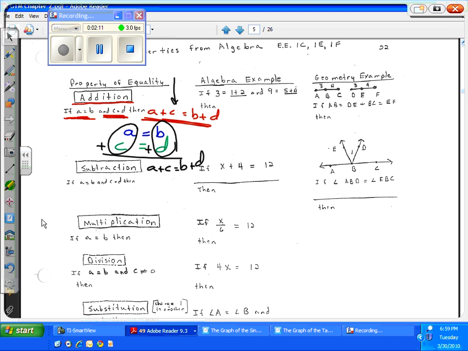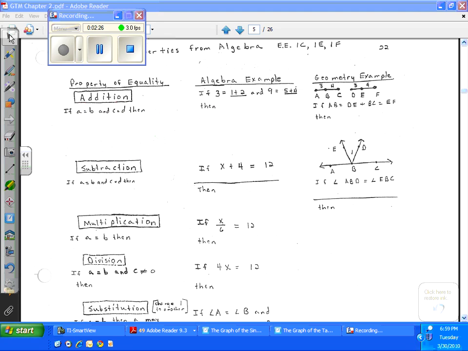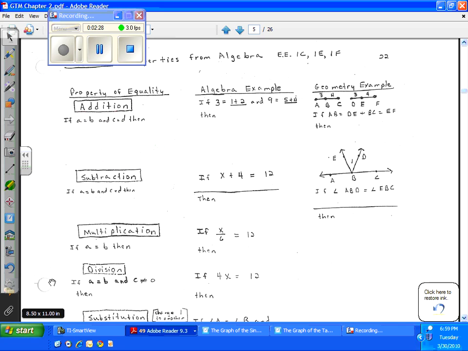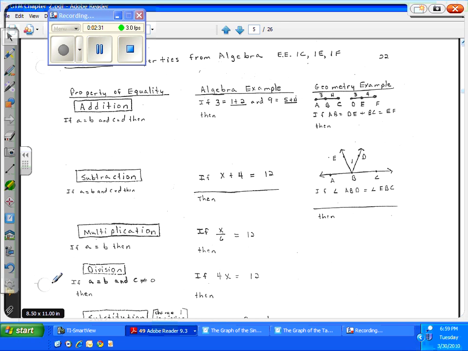We used this in algebra when we were going to add something of equal value to each side. When we did this in algebra, what we added to each side was generally the same thing. Here's the way we would have said it in algebra. If I have x minus 3 is equal to 7, and I want to solve for x, then I would need to undo subtraction by addition. So what I would need to do is add 3 to both sides